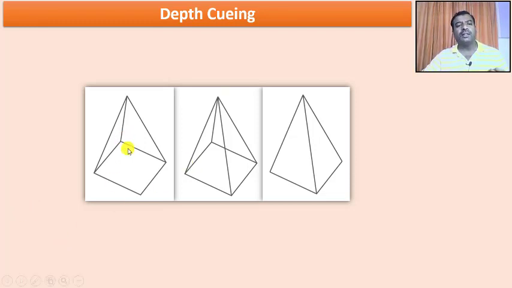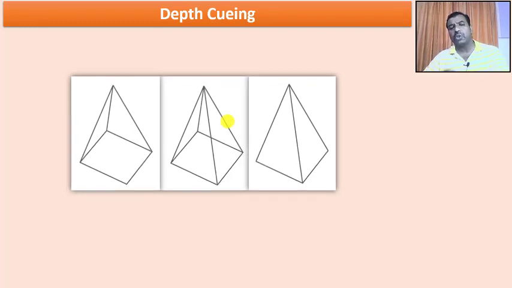Because in this case you have not displayed the invisible line of an edge. In this case you have made all the edges visible, and in this case you have removed the baselines. So that is how we are going to handle this. Now this is what we call depth cueing. Fine. Now a small technical answer for how we install depth cueing is that